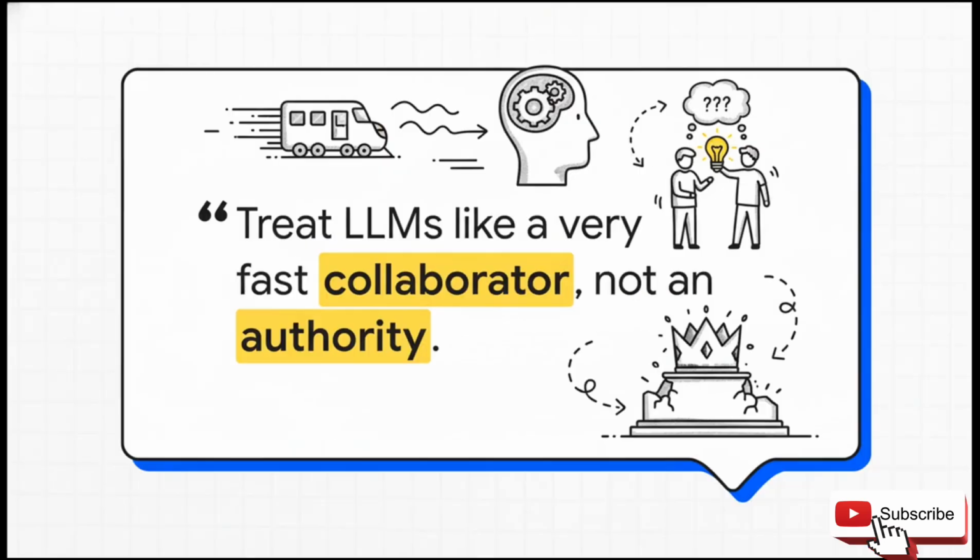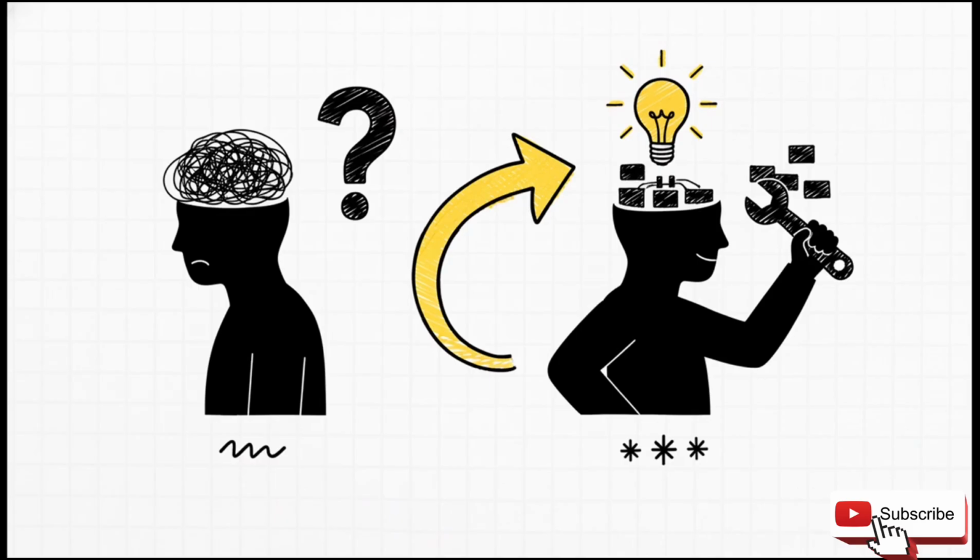Okay, let's bring this all together into a really simple, practical mental model that you can start using every day. The most crucial takeaway is this. Treat a large language model like a very fast, very fluent collaborator who happens to speak with immense confidence, but has no actual understanding of the world. You would never trust that person to make final decisions for you, but you would absolutely use them to brainstorm and get a first draft on paper. The moment you stop expecting the model to understand and you start using it for what it actually does, which is masterful pattern matching and prediction, it transforms. It goes from being a source of confusion and frustration into an incredibly powerful and genuinely useful professional tool.